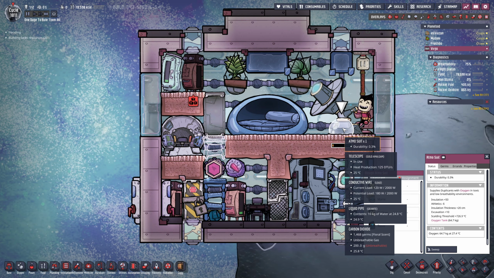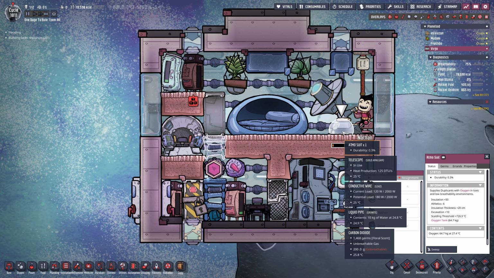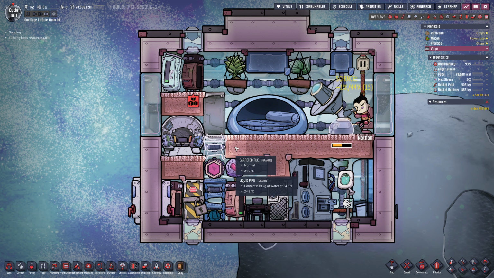Nathan, unequip that suit. Suit's durability is 0.3%. Okay, we were quite lucky there. But now we keep on exploring and...